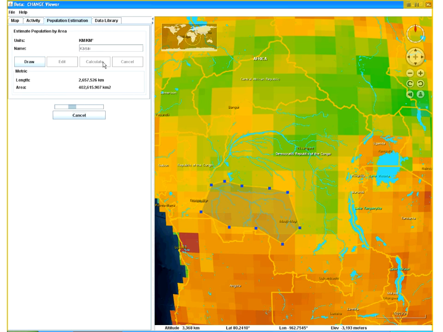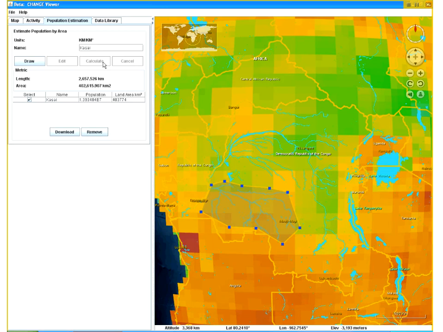The underlying population is based on the global gridded world population grid out of CSUN. These are constantly being modified and updated over time as well. But this is taking a look at the latest version, which is based off of 1990, 1995, and 2000 population data sets. And so I see that it's given me the land area that's being occupied by the total